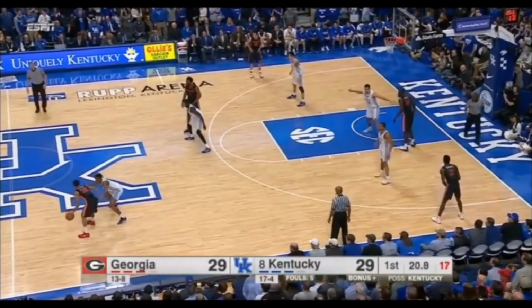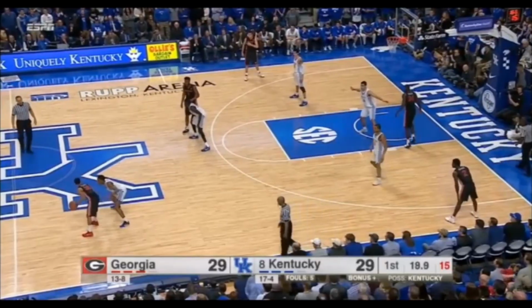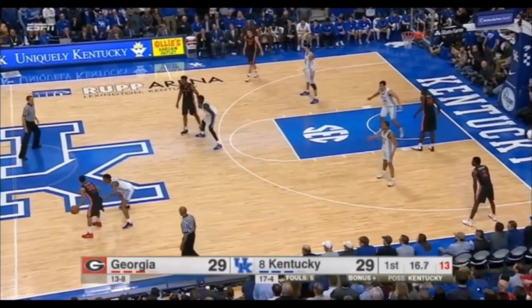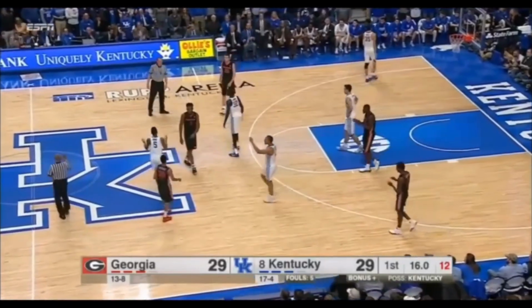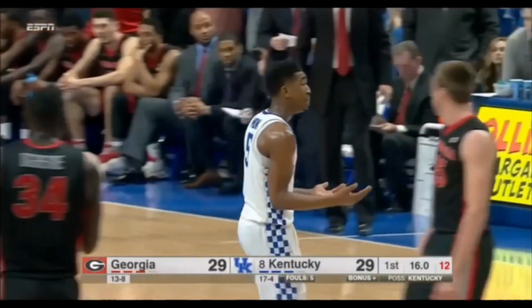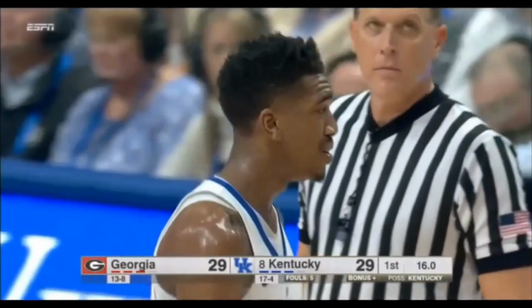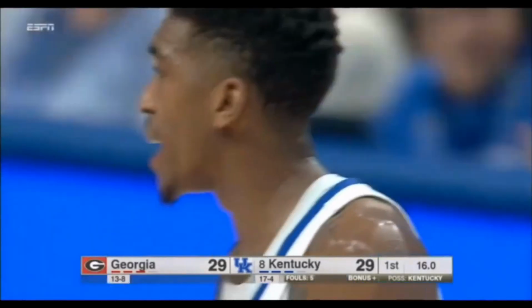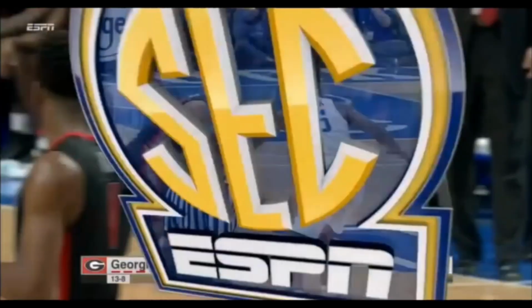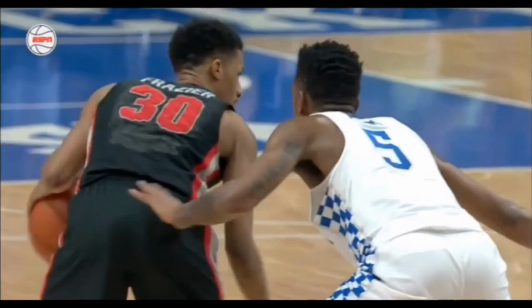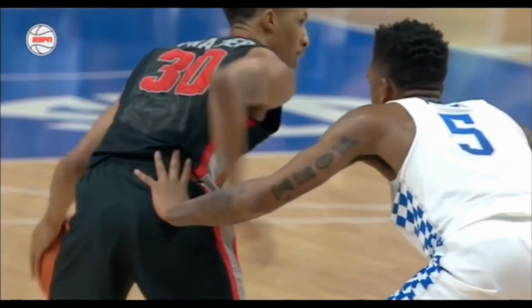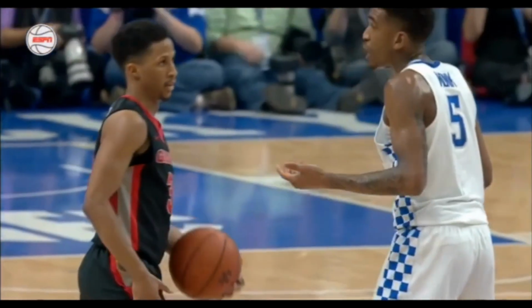Malik Monk doing a good job defensively. So he can guard when he wants to. Yeah, they're calling Monk with a foul. The crowd doesn't like it, but the referee is right. You can put your hand on, but you can't do this. Frazier and Monk exchanging a few words out there. And now Monk will go off.